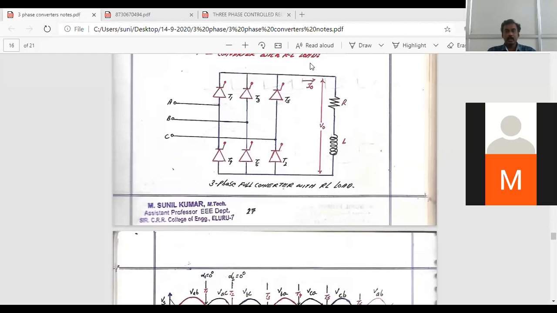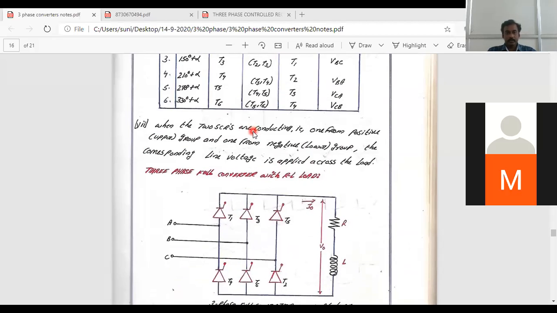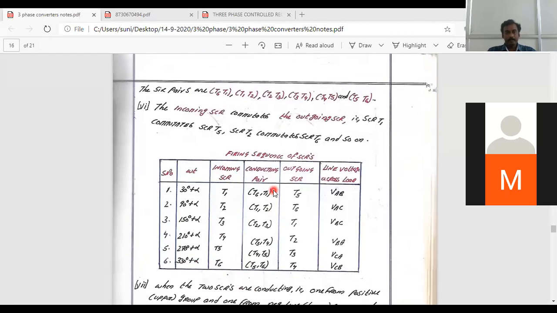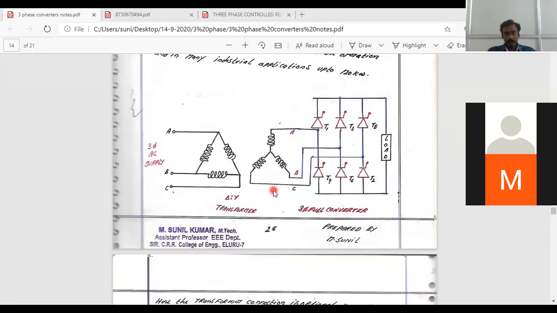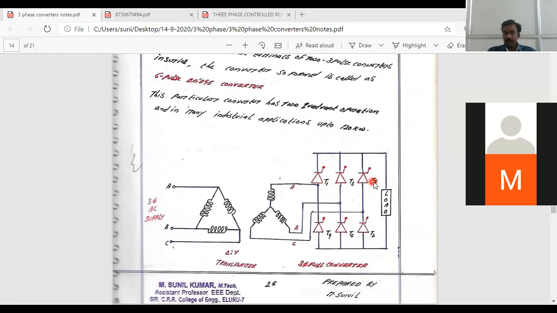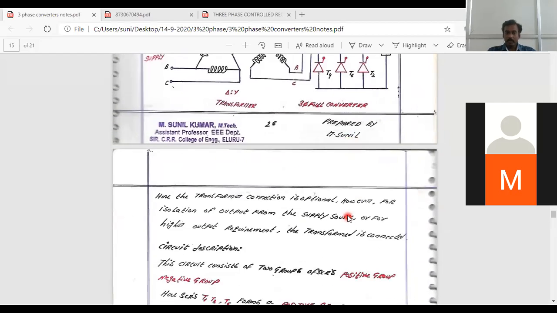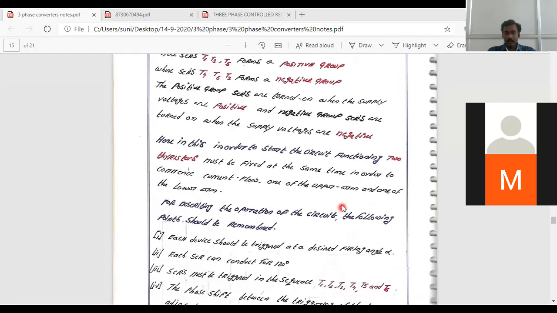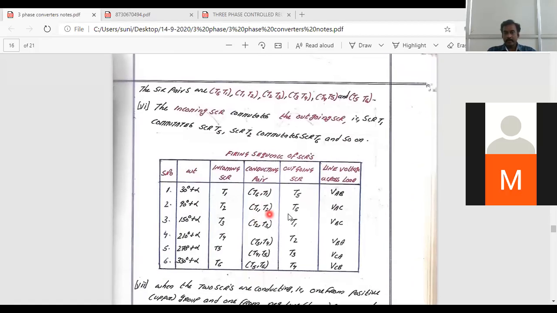Okay, so this is going to be the full wave converter. In the case of this full wave converter, you are going to have a three phase full wave converter provided with T1, T3, T5, T4, T6 and T2, which are going to be operating for the negatives. And whenever you are going to consider the operation, these are going to be provided with line voltages. So those line voltages are going to be VAB, VAC, VBC, depending upon the switching device that is going to be in the operation. This could be the output voltage